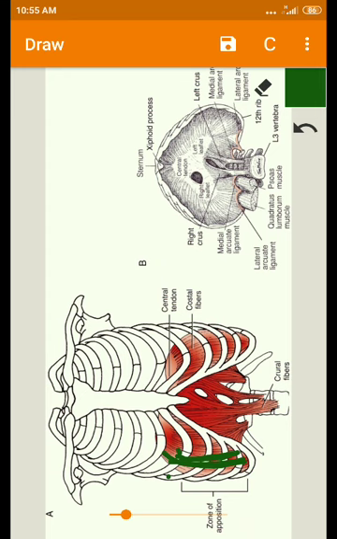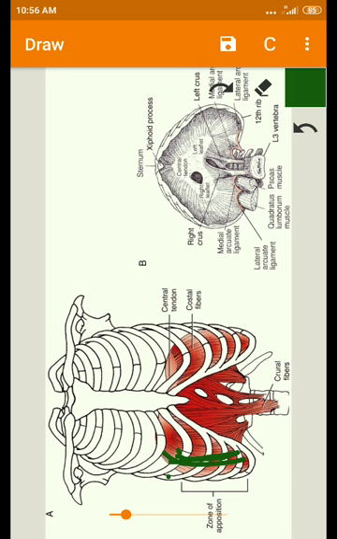If this is the rib cage like this, then the costal fibers will move like this. So here you'll have some gap. That gap is called the zone of opposition. It has some clinical importance during breathing. What happens to this zone of opposition during inspiration and expiration? It is called a functional unit.